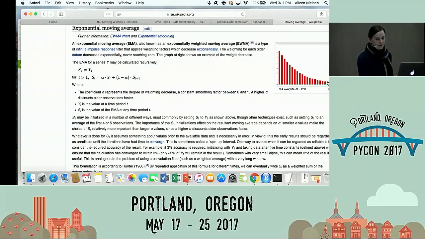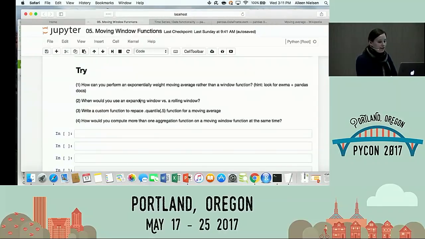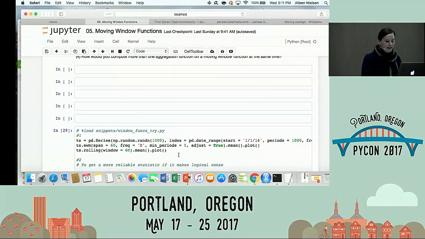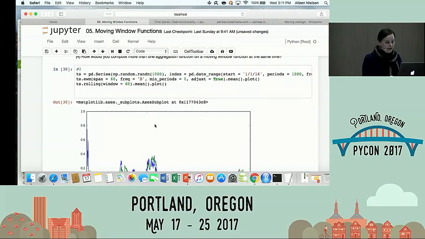This point out here, maybe 20 days ago, I mostly want to ignore it, versus the data point I just collected, that's going to be the most valuable. So you can do that with an exponentially weighted moving average. It's the most common way across many disciplines. In Pandas, this is one way that you can do it, with the .ewm.